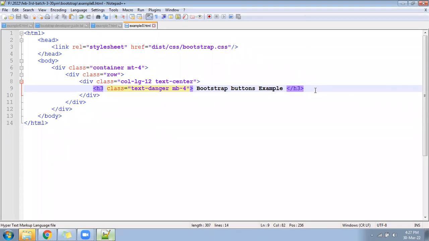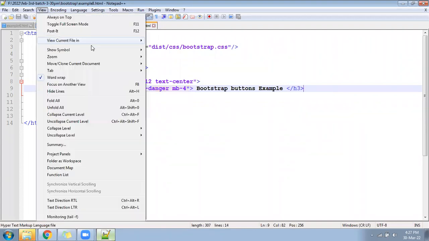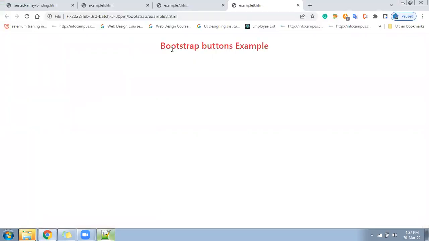Now this will come in red color. Right, red color is coming.